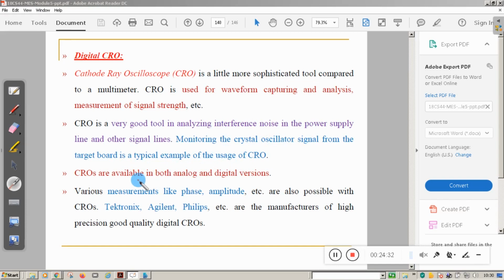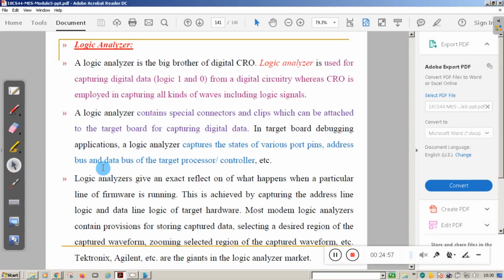CROs are available in both analog and digital. In the lab, we normally use digital CROs nowadays. Various measurements like phase, amplitude are all possible with CROs. There are different companies who provide CROs like Philips, Tektronix, etc. They provide good quality CROs.